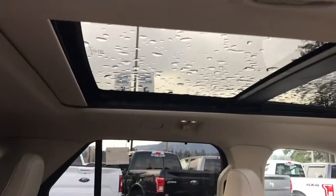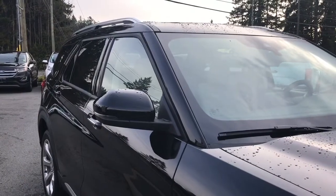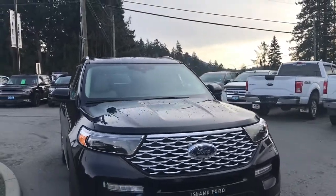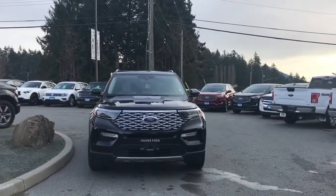Up above, there's hooks and lighting and that panoramic view. Hands-free, foot-activated lift gate, privacy glass in the back windows, roof rails, heated and powered side view mirrors with blind spot information system, auto high beams, halogen fog lights, front sensors, and so many more reasons to visit us at